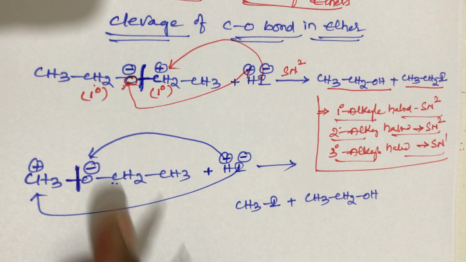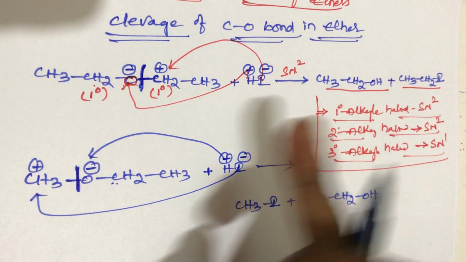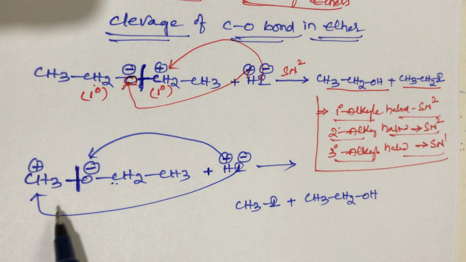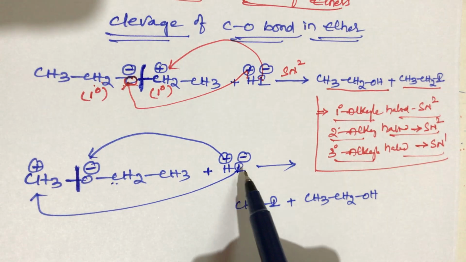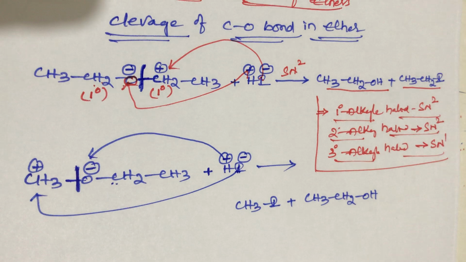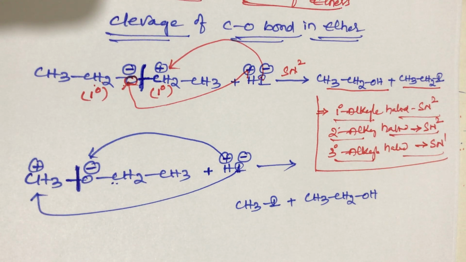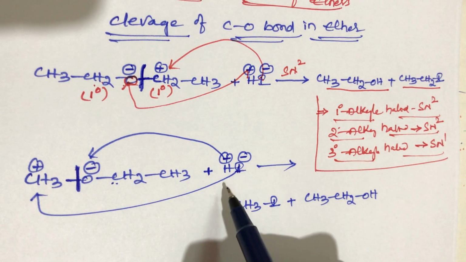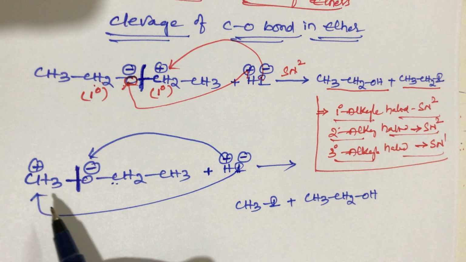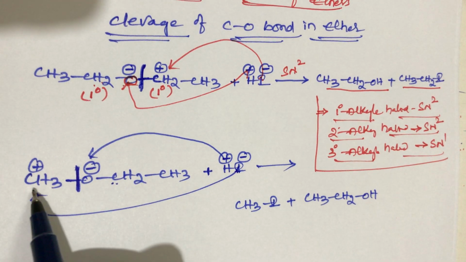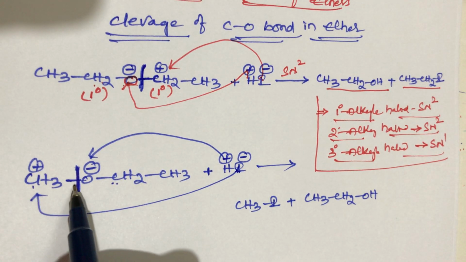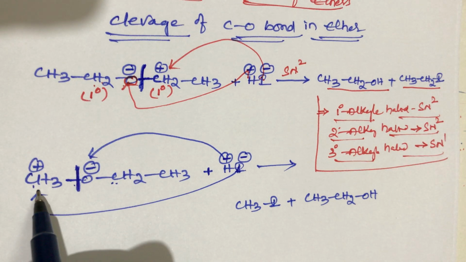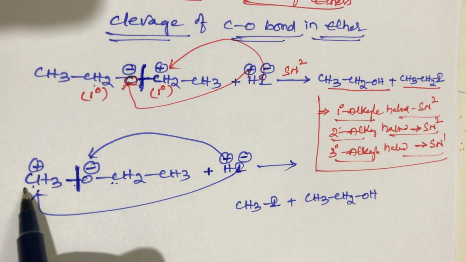If you take symmetrical ethers, they give the same product, and we can take either side. But in the case of unsymmetrical ethers, remember, I minus always attacks the side with less steric hindrance. Less steric hindrance means fewer carbons. Simply remember, I minus attacks the side with fewer carbons. On the left-hand side of the oxygen there is only one carbon, so the iodide always attacks the left-hand side.